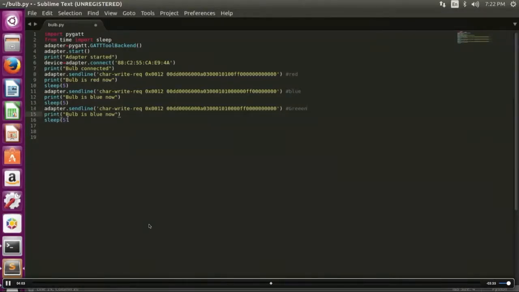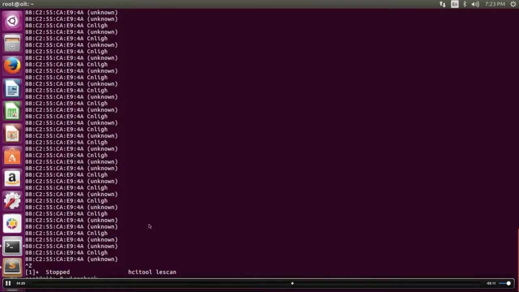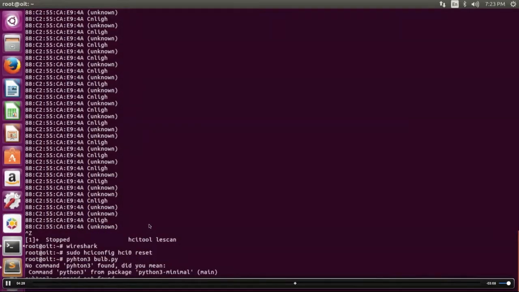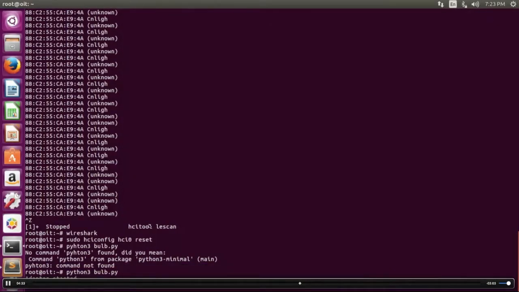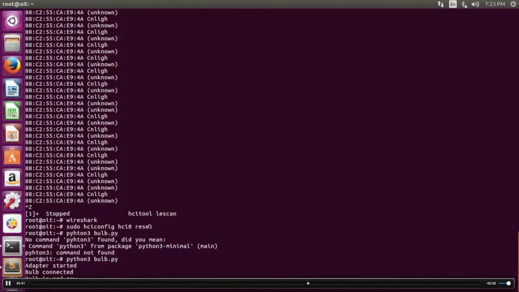So once you have all of those values in place, all you need to do is simply run this script. So adapter.stop, and finally, we'll go ahead and run this script. And once you run this and have your BLE adapter plugged in, you'll find out that the bulb now starts changing color. So you can go to your friend's place, run this script on your Android phone, and you'll have a lot of fun.